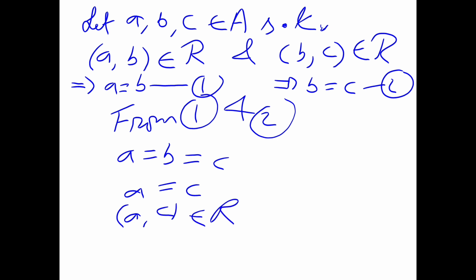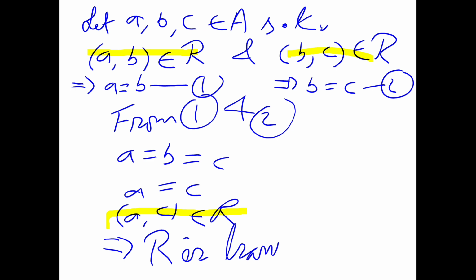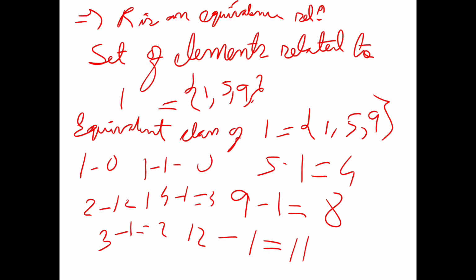So here, the first element is related to the second element, which is related to the third element, and the first is also related to the third. That means R is transitive. When R is symmetric, reflexive and transitive, that means R is an equivalence relation. A set of elements related to one